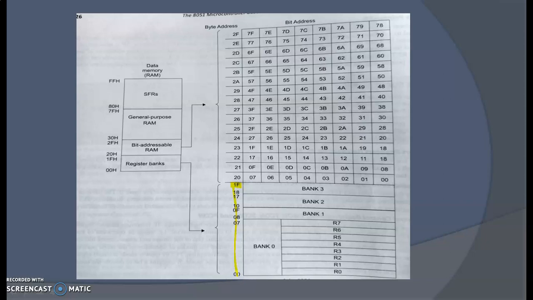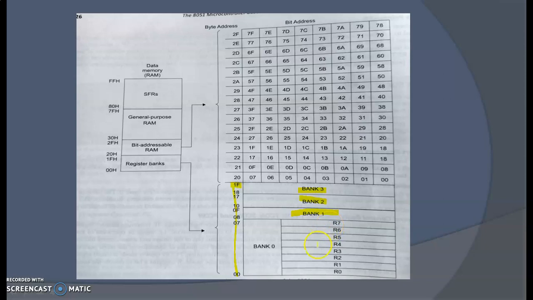These are for register banks. There are 4 register banks: bank 0, bank 1, bank 2 and bank 3. Each register bank has 8 registers which are named as R0, R1, R2, R3, R4, R5, R6 and R7.